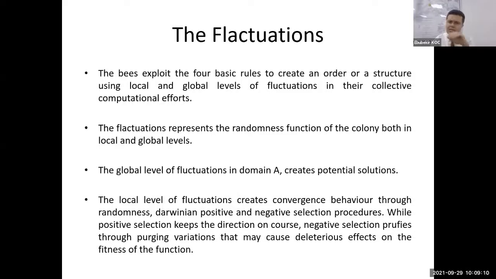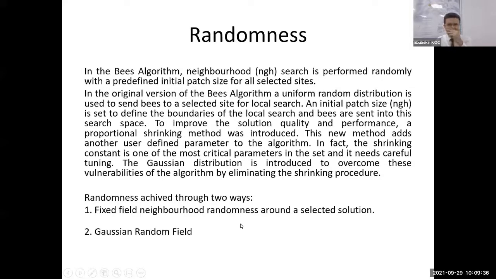These two concepts are new for the Bees algorithm. I'm proposing it now. While positive selection keeps the direction on course, negative selection purifies through purging variations that may cause deleterious effects on the fitness of the function. So these two concepts basically play key roles in the local level of fluctuations. So in the Bees algorithm, neighborhood search, as we call it NGH,